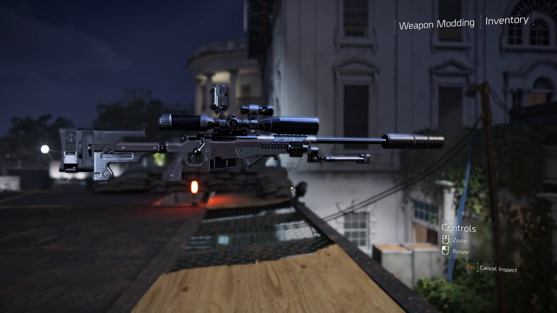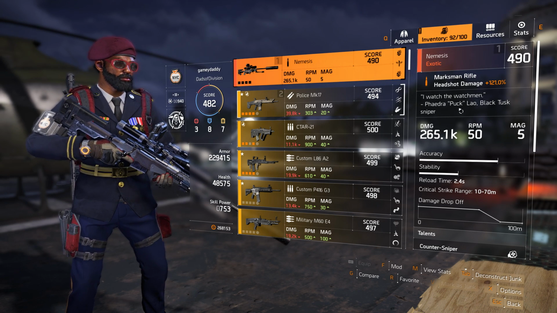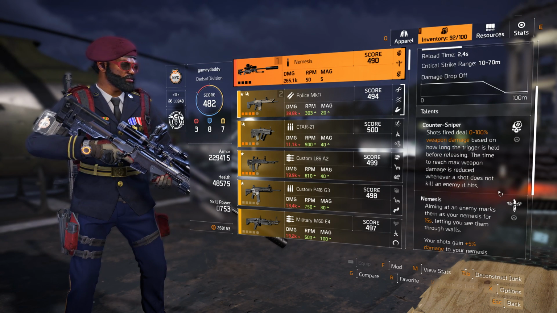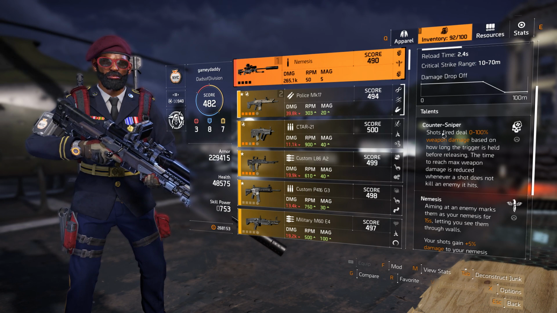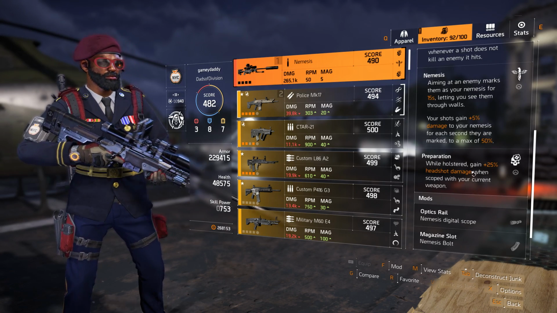And I really enjoy the lore because it's actually a Black Tusk weapon. It belongs to a Black Tusk commander, Phaedra Lau, whose nickname is Puck, and she's a Black Tusk sniper. So after all the fun stuff, you get all the parts and you get the blueprint and then you go in and craft it. Now, regarding the talents, you have 3 talents: Counter Sniper, Nemesis, and Preparation,